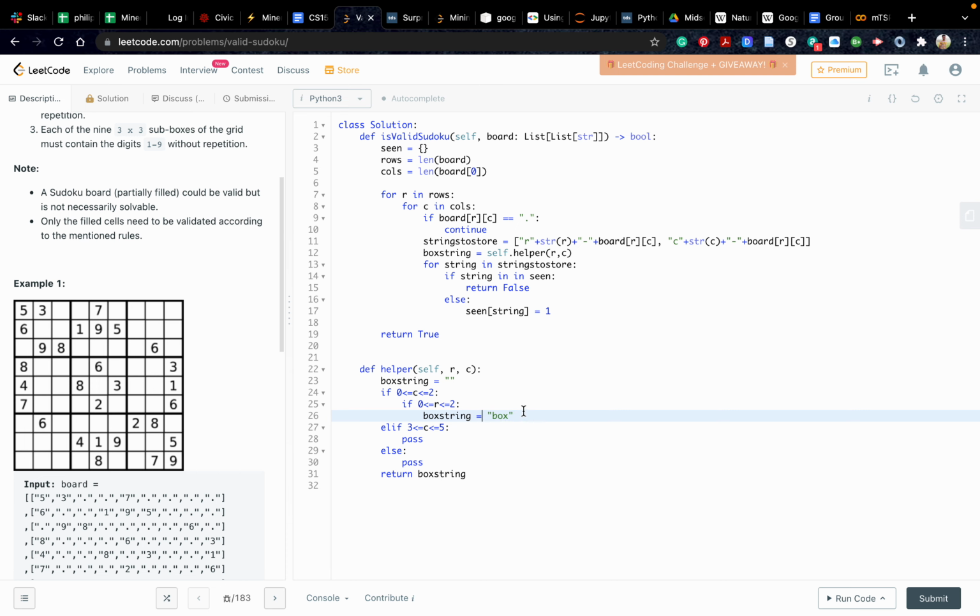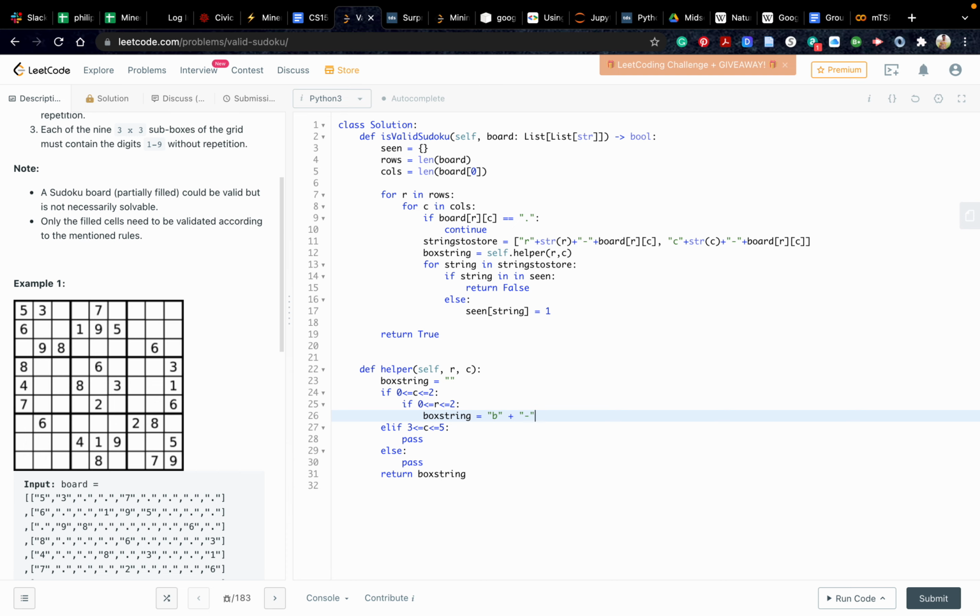Box string equals box plus, what else are we putting in here? We don't even want to call it box, we just need to call it B, and then the row column, whatever row column it is, and then the value. So B plus hyphen plus,